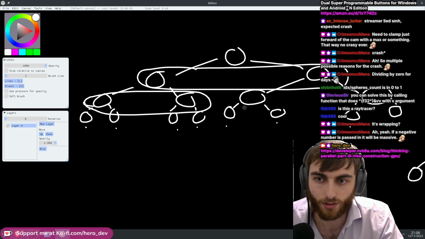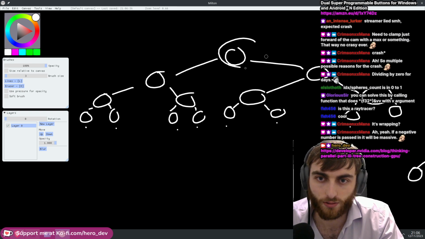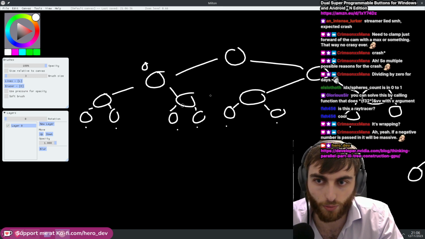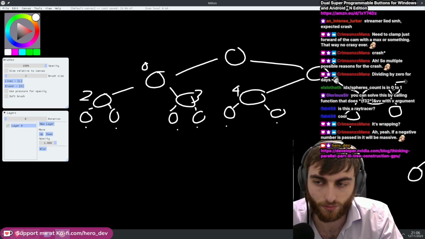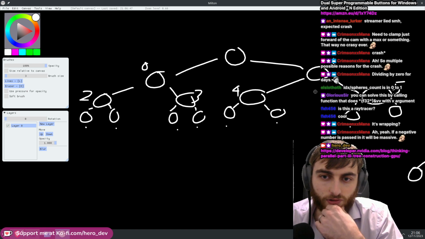Okay? So by doing that, this node is implicit and doesn't exist. This is actually 0. This is actually 1. This is 2. This will be 3. This will be 4. This will be 5. Right? So based on this information,